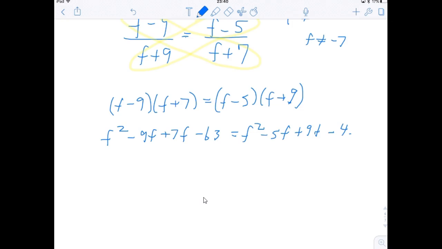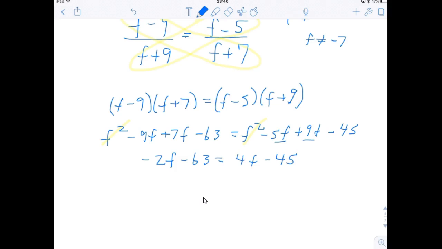minus 45. And I see immediately that we have f squared on both sides. We can subtract f squared from both sides and we'll simplify it a little bit. Then we have negative 9f plus 7f. That will give me negative 2f minus 63. And on the right side, negative 5f plus 9f. That would be 4f